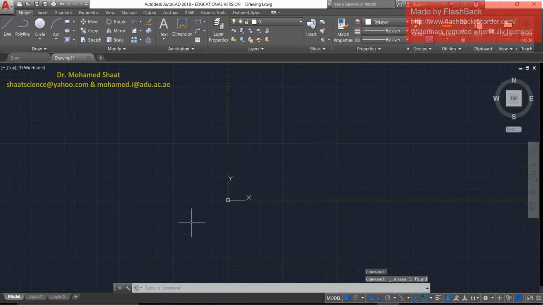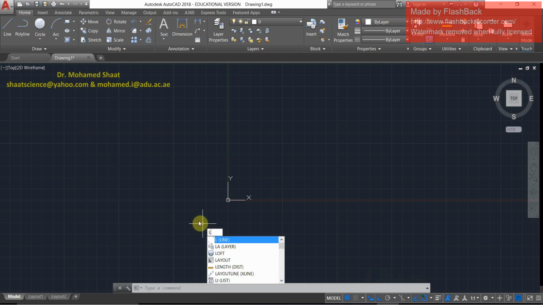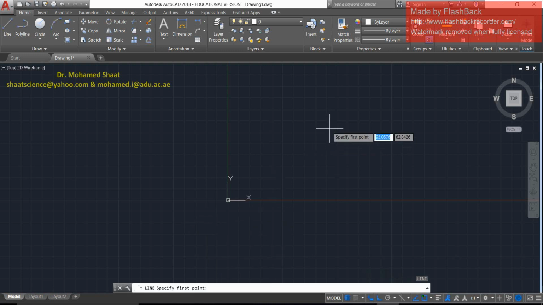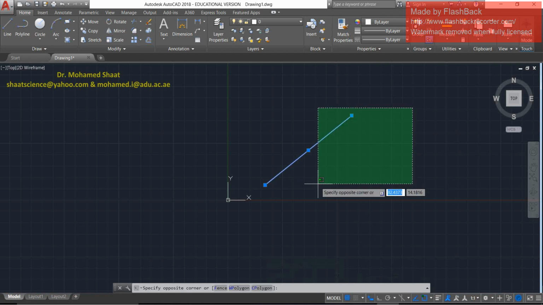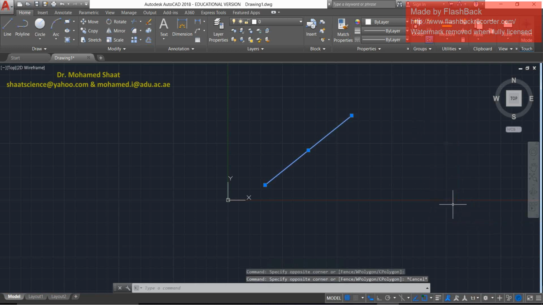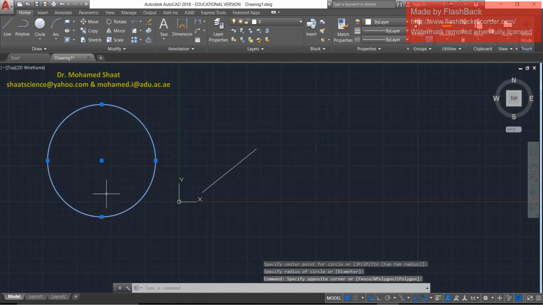Remember again that it would be a horizontal line, vertical line, or inclined line. The last thing that we would like to mention about the line is, in some cases, for example, how about if we created a line and forget about the ortho mode, like we have just this line. If you try to select the line, and remember in the last meeting we discussed the difference between the green selection box and the blue selection box, right? But anyway, how about if we have this line? As you can see, once we select a line or any other object, let us draw a circle, and we are going to explain in more detail how to draw the circle. If you select an object like a circle or a line,